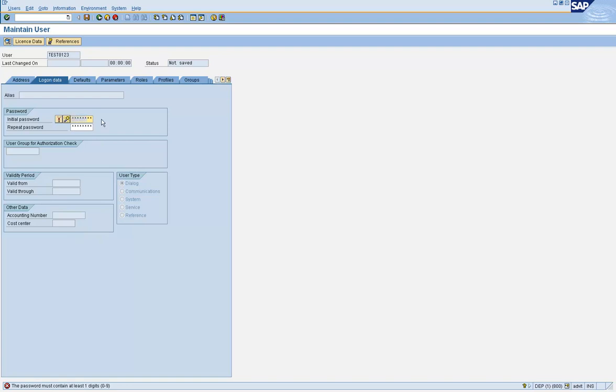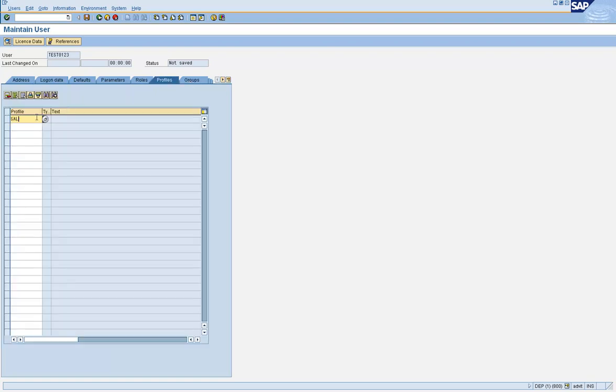So let's say 1 ASDFGH. 1 ASDFGH. And hit the enter key. The system accepts that password. Now let us go and complete the user ID creation. Now that was the effect of the parameters while creating the user ID.